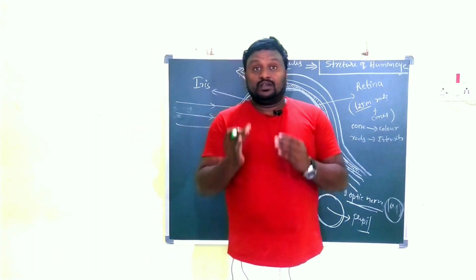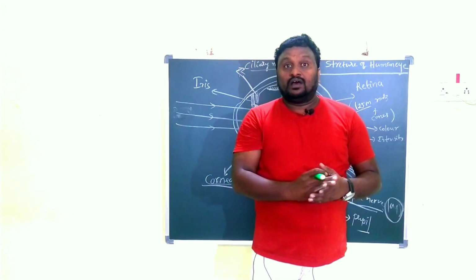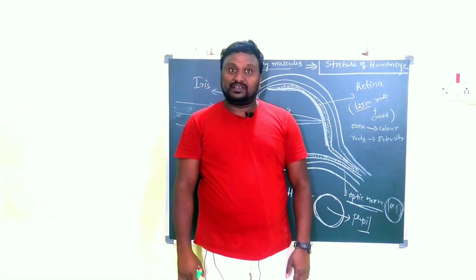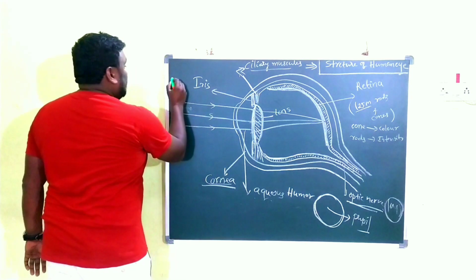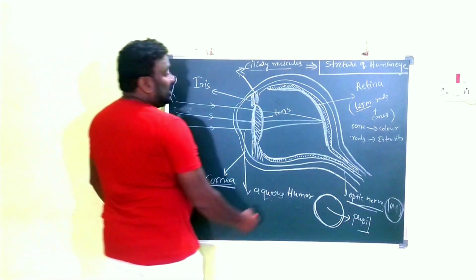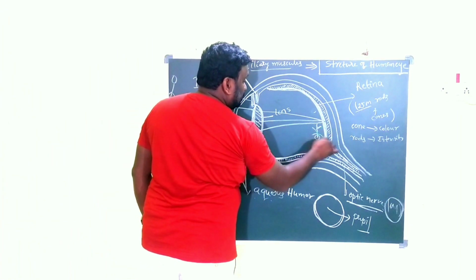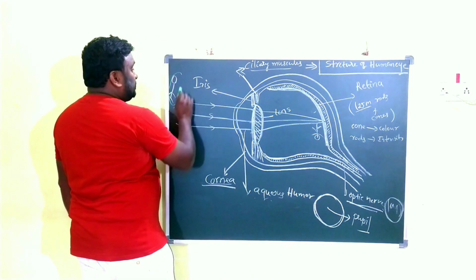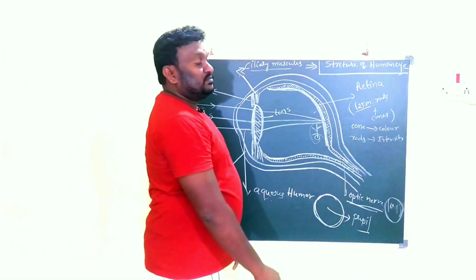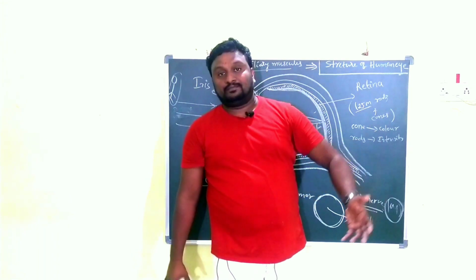For example, you are seeing one person now. The image formed on the retina of that person is an inverted image. Clear? One person is at a long distance, you are at a long distance. On the retina, what you are getting? The image is inverted. You see the object upright, but on the retina you get an inverted image.